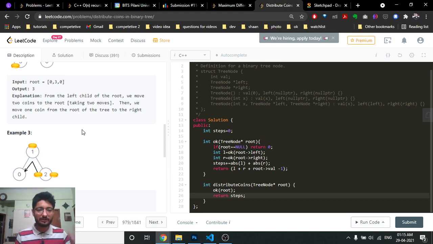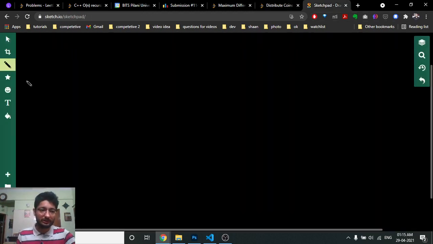So how many steps are required? Go to this part and this part. So take the information from the left and the information from the right, and just take the absolute value, because this is giving -1, this is giving +1. But the number of steps I have to do is 2, because one step is going here and 1 step here. So it means that 2 steps are required. Okay, but now what is the information the root node has to send above? As you can see, if I draw it out, then it will become more clear.